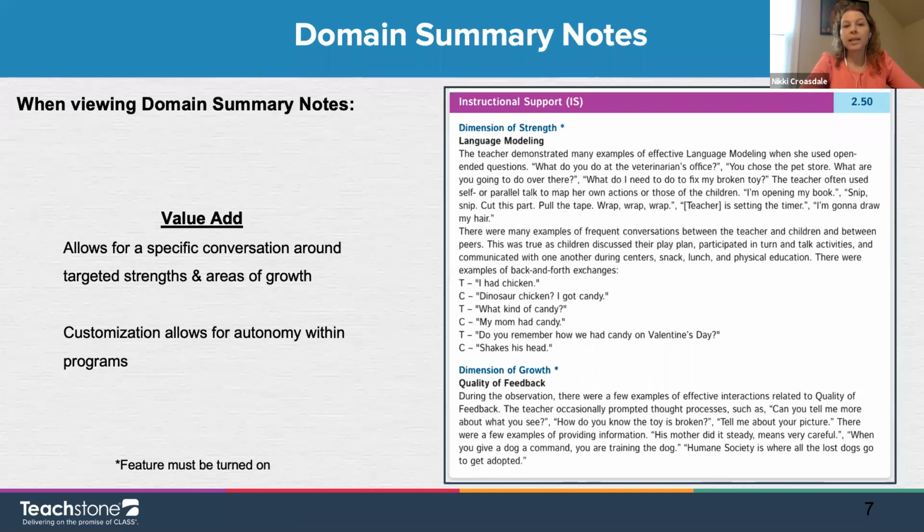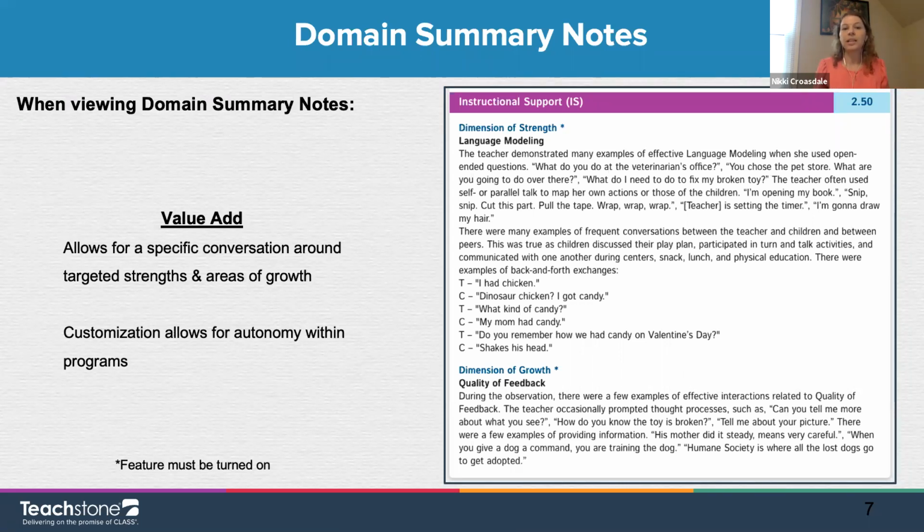The domain, just as a reminder, is those overarching categories of interactions within each age level of the tool. And so the administrator may turn on the domain level notes and prompt the observer to fill in specific categories of notes within each domain. And those are, again, totally customizable by the admin.